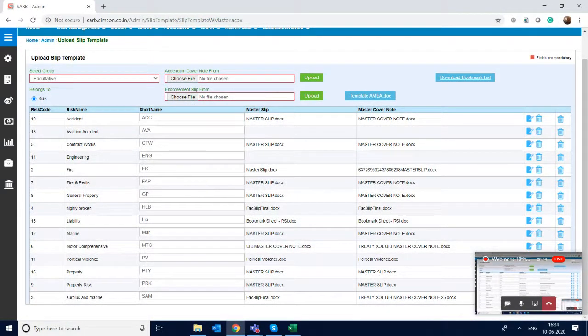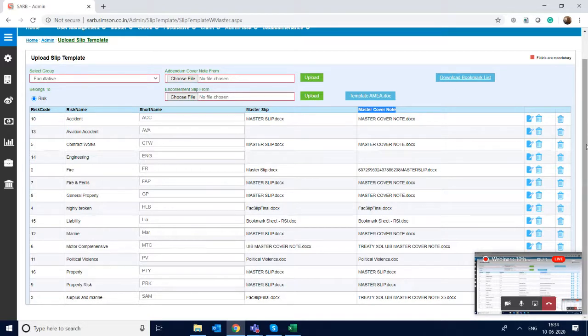You can see there are pre-uploaded templates available here. We have uploaded templates for various classes of risk. And when you see here, there are two things: one is the slip and another is the cover note. Today I'll discuss only the slip part.